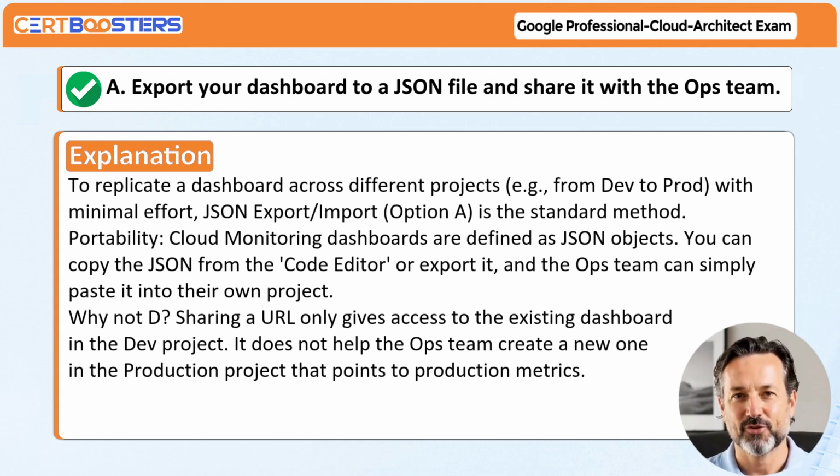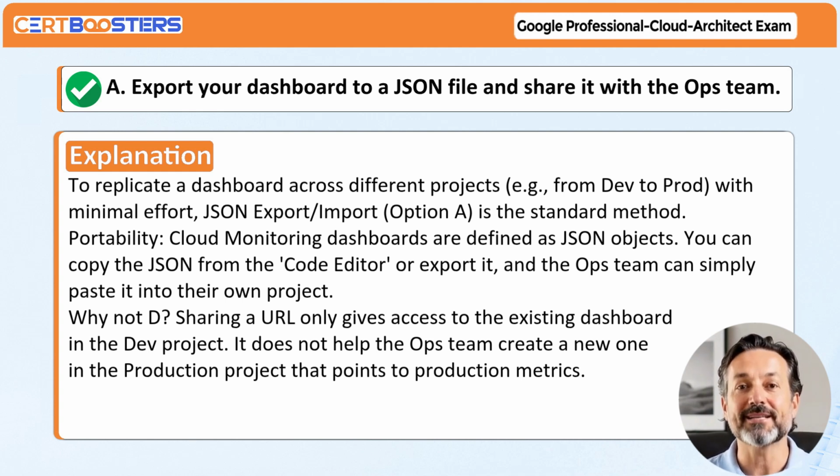Explanation: to replicate a dashboard across different projects, e.g., from dev to prod, with minimal effort, JSON export-import, option A, is the standard method. Portability. Cloud monitoring dashboards are defined as JSON objects. You can copy the JSON from the code editor or export it, and the ops team can simply paste it